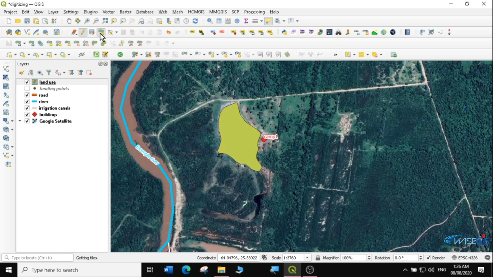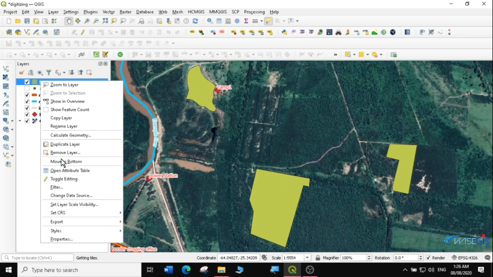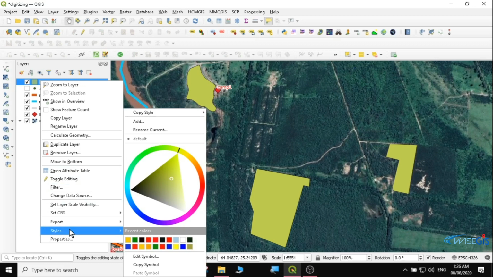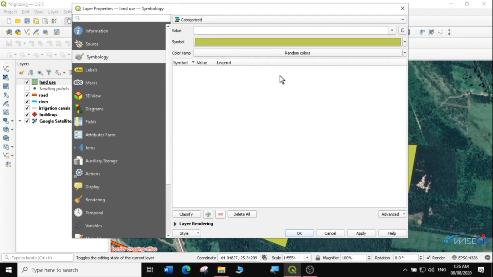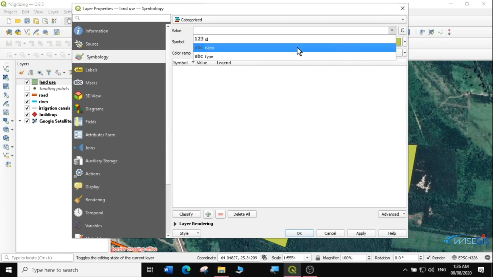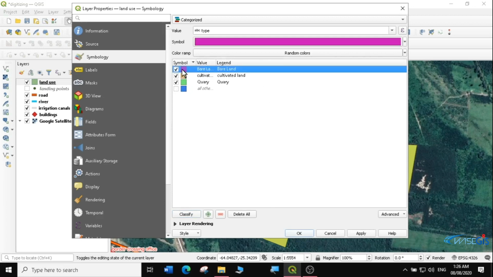So once I finish that, I can stop editing. I can save the edit and then stop the editing, and I'll have my farm and my quarry digitized. So I can just decide to go and say first I want to change the style. I'm going to go to properties, symbology, single symbol, I'm going to categorize them according to type. Then I'm going to classify, change the bare land